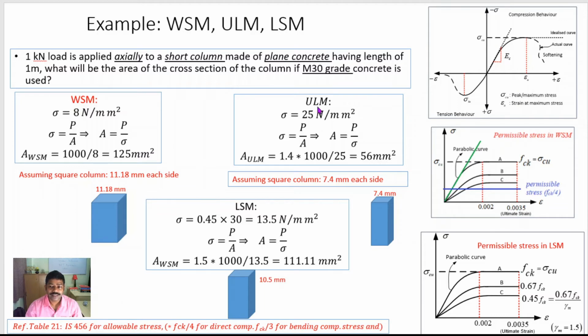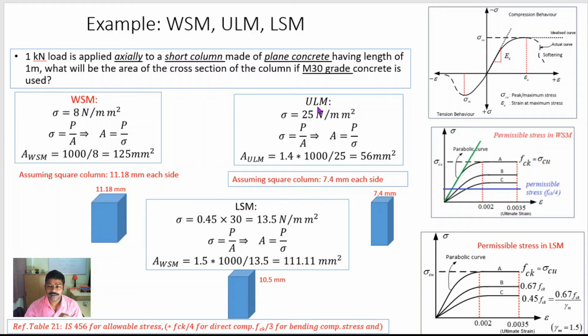The limit state method says that if your maximum strain value is FCK, first we will apply some size factor, because we get the FCK value from the cube test. But the actual size may be different, so there is some size effect. So the first factor we apply is due to the size effect. Here we consider 67% of the strength. FCK value is 30. In that case, for structural concrete, it will be 67% of the FCK value.